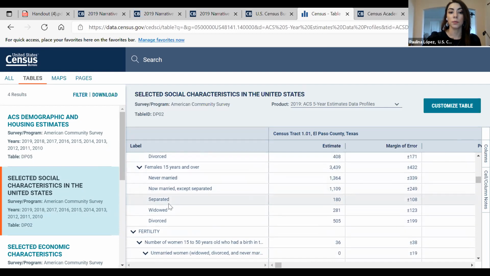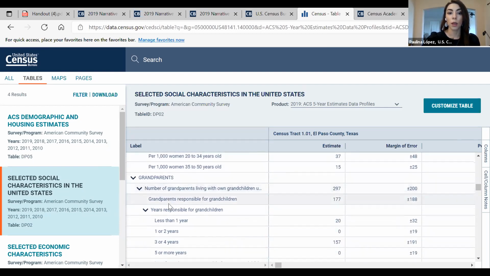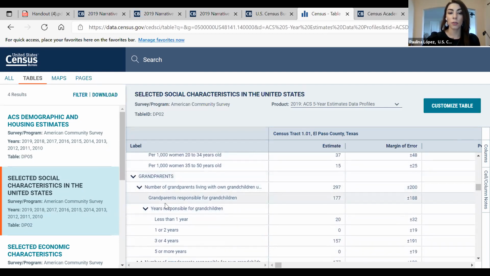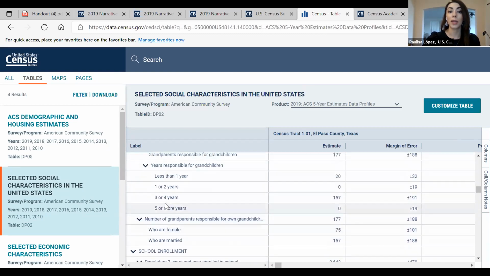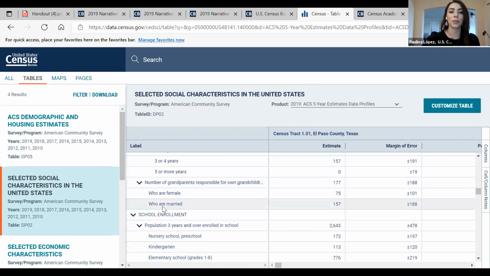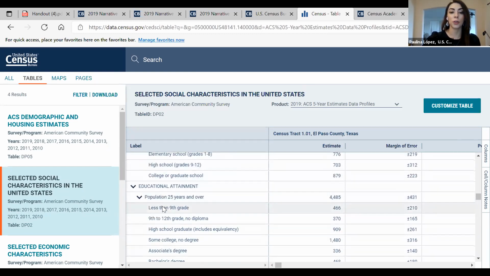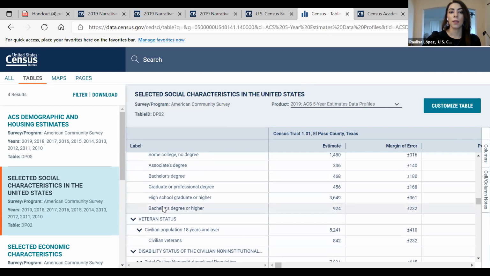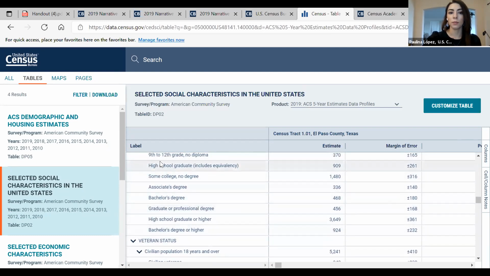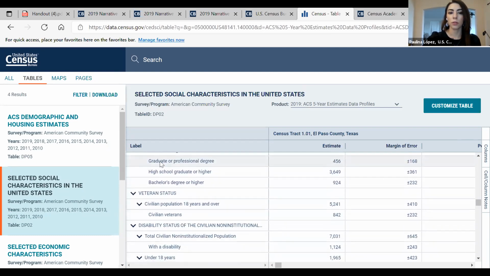Marital status, fertility, the number of grandparents taking care of grandkids at home, and how many years they've taken care of their grandkids. So it's, again, very, very detailed information: school enrollment, educational attainment, and then a breakdown on grades or levels of education.